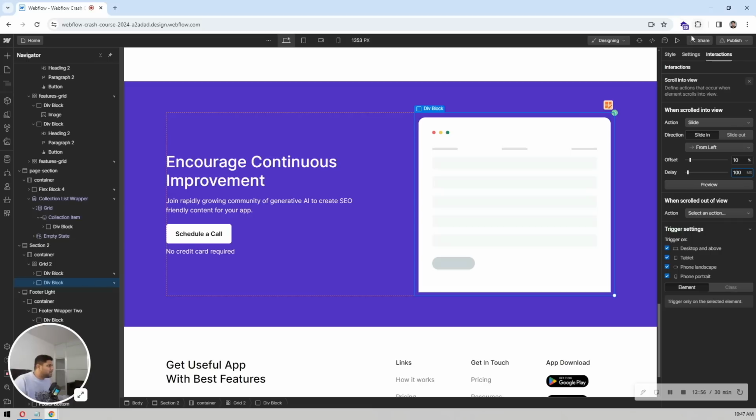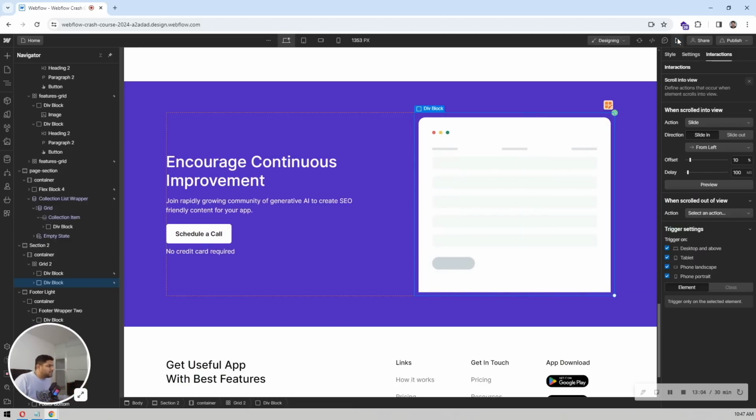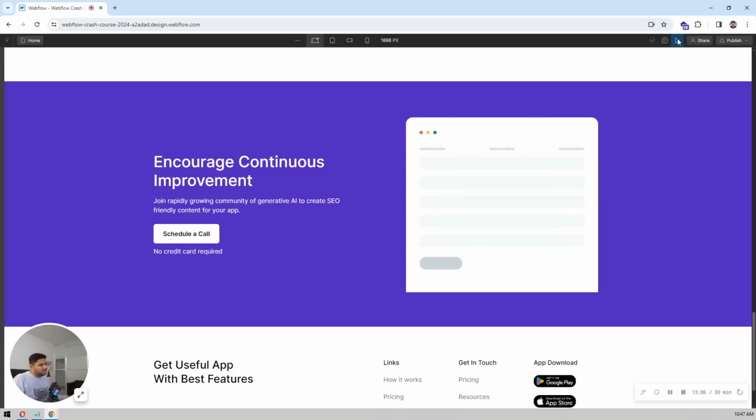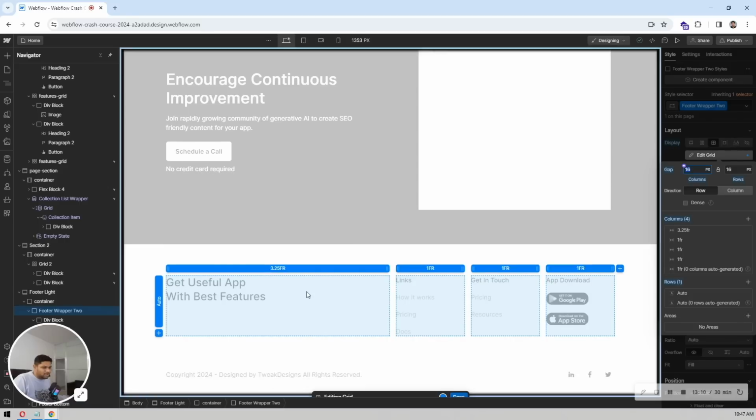Okay, now just have a look. See, both will come from the opposite sides. So I think it's good. And again, for this one,